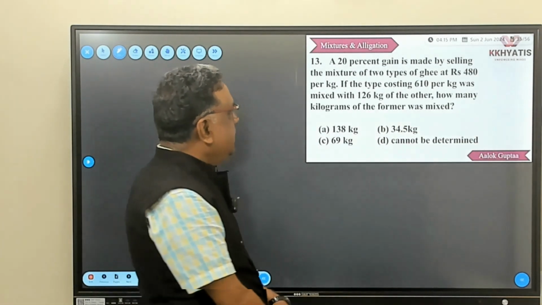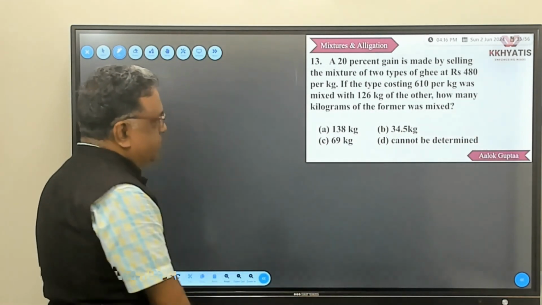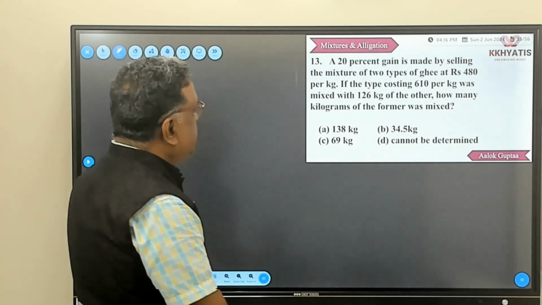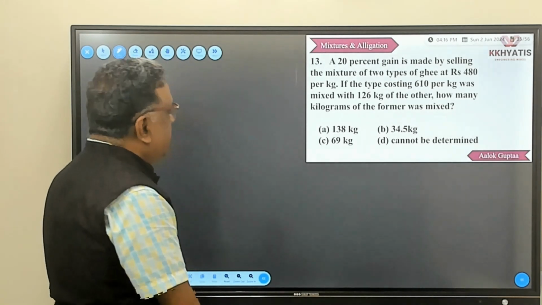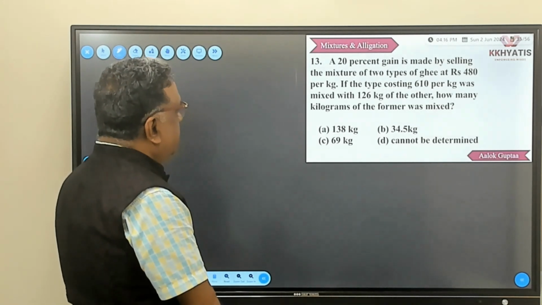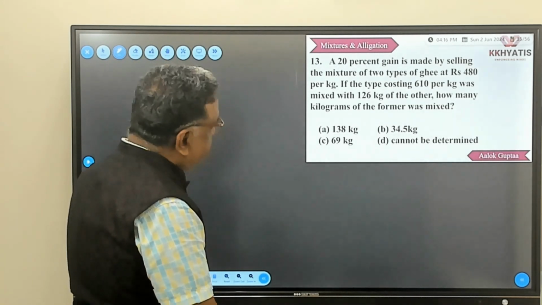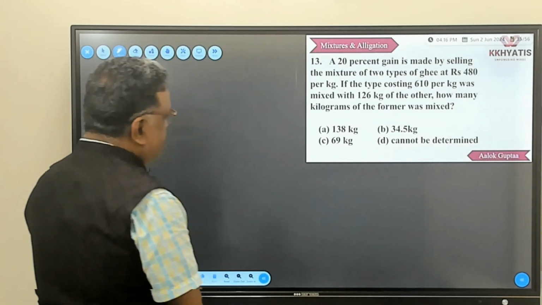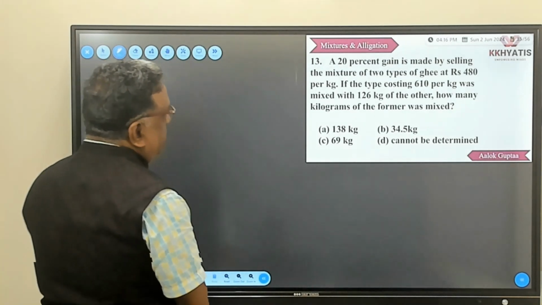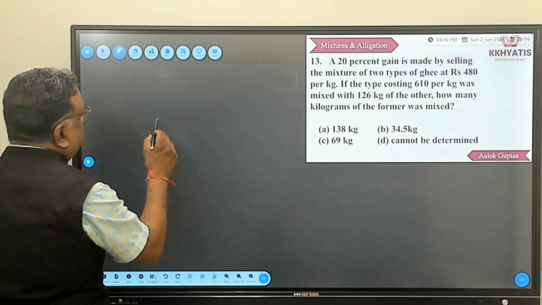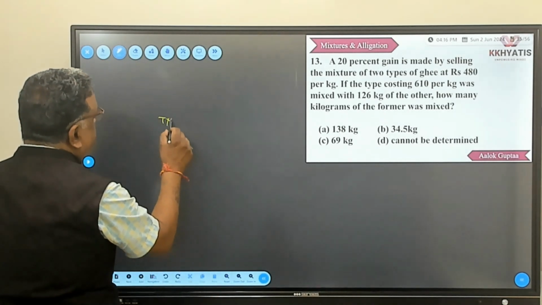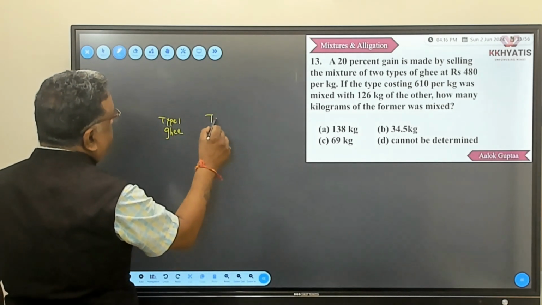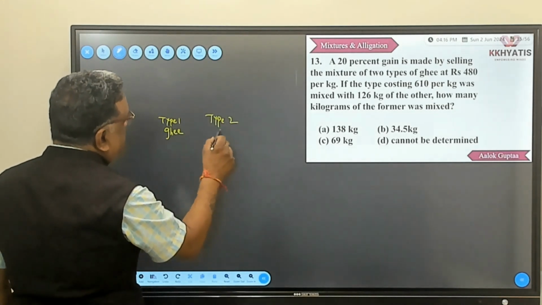A 20% gain is made by selling the mixture of 2 types of ghee at rupees 480 per kg. If the type costing 610 per kg was mixed with 126 kg of the other type, how many kilograms of the former was mixed? So there is type 1 ghee, there is type 2 ghee,